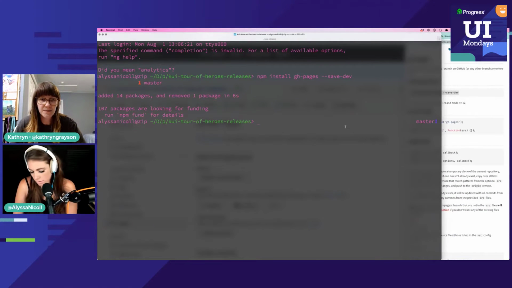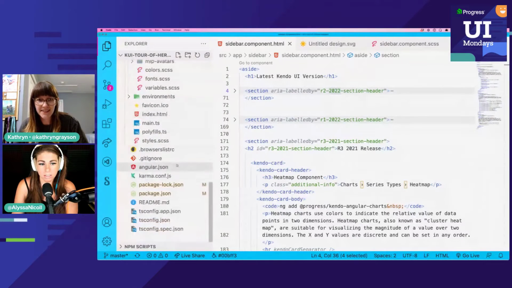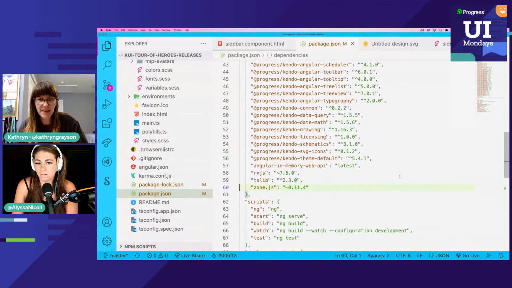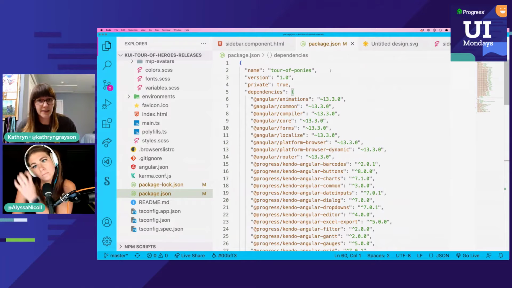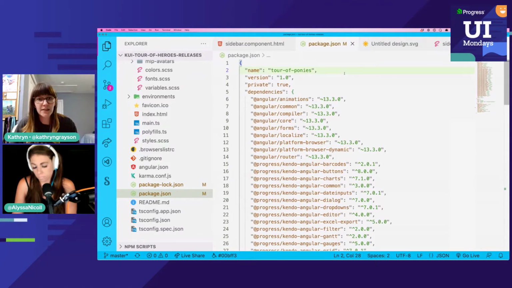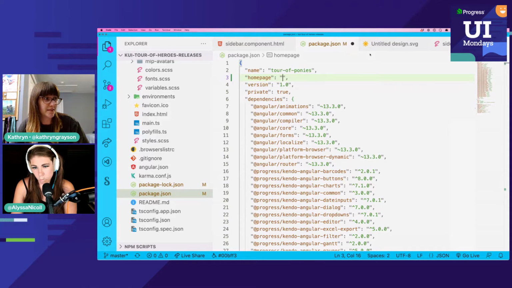Package JSON, like in here or in VS Code? Wherever you normally edit your package JSON. Okay, and then we need to add a line at the top that specifies a homepage. So like home-page kind of thing. No, it doesn't need a dash, but yeah. And then we will put the URL of where your GitHub Pages is going to live. So that's,